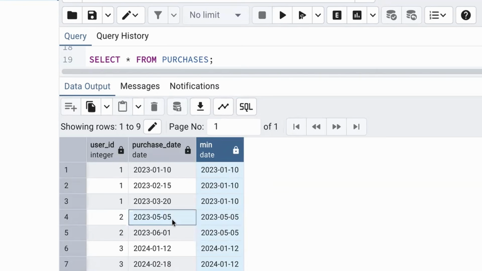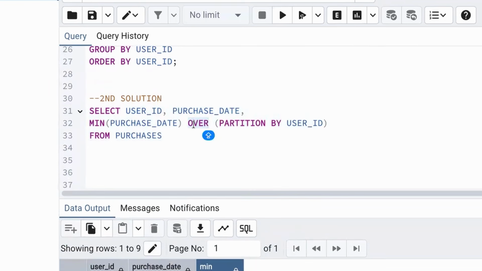So how this is working, let me break this down. The min function is the same as before, which we used in group by, right? It finds the earliest date. But the key difference is the over clause. This over clause, partition by user ID, creates a group for each user, similar to group by. But instead of reducing rows, it just defines a window of rows to perform the calculation on. So now for every row of a user, SQL looks at all their purchase dates and assigns the same first